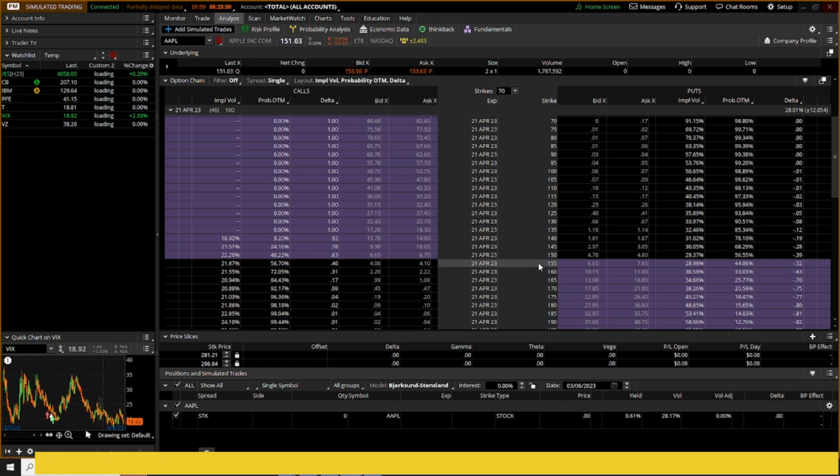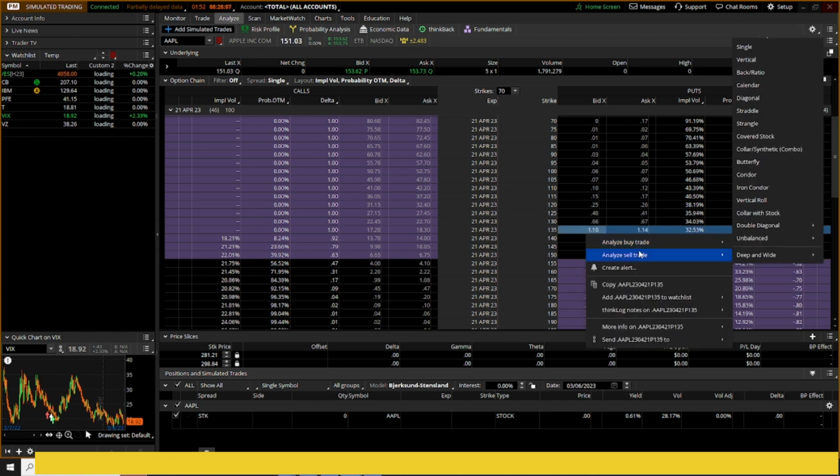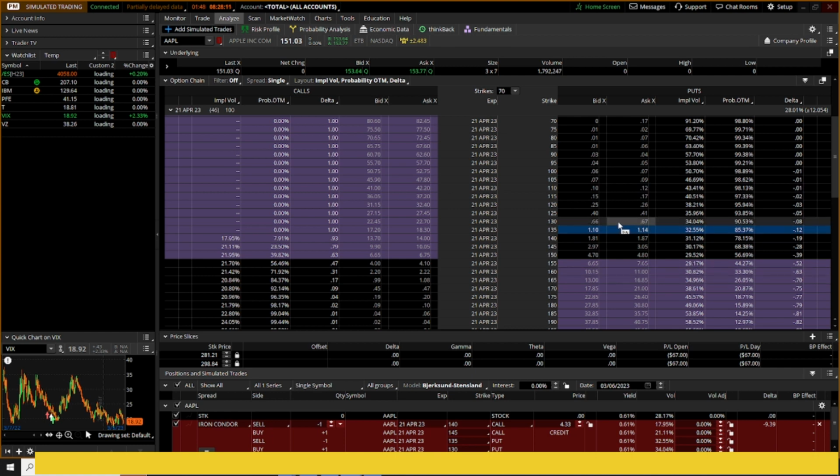So what I want to do is go ahead and set this up as one trade as opposed to two separate trades. I'm going to do a sell Iron Condor. And remember, you could do this as a put credit spread and a call credit spread. I'm going to start at this 12 delta here, which would be the 135, 130. And I'm going to come up to the 9 delta here, which would be the 170,